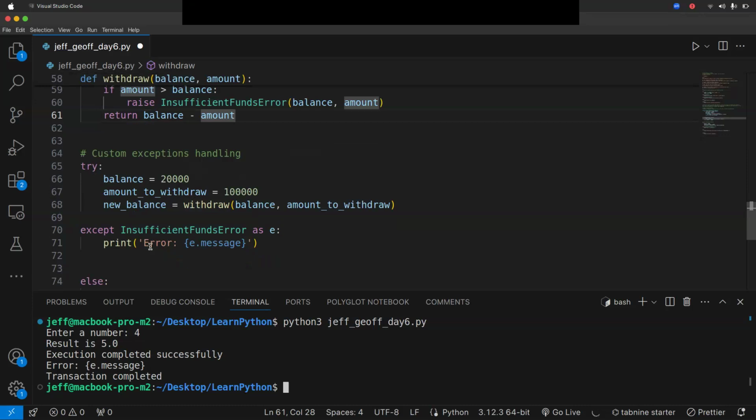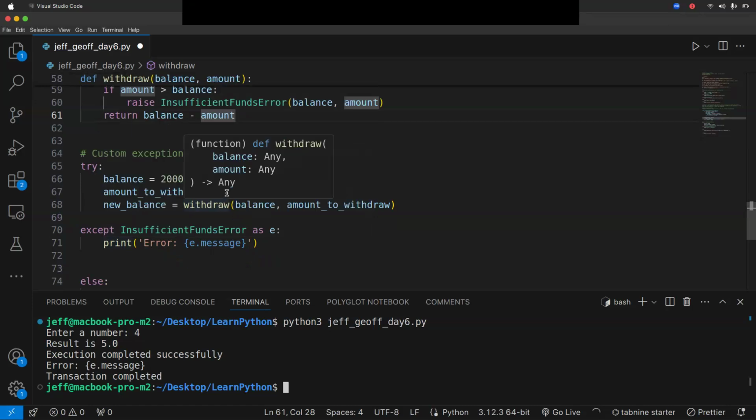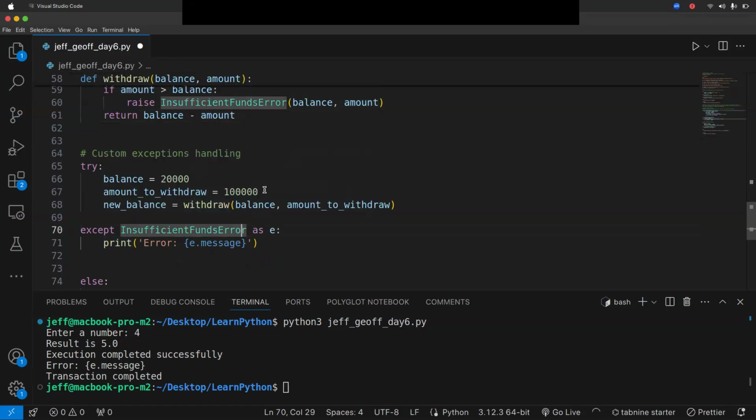Okay, so we get this error, which is because of the money which we are trying to withdraw here. Let's say we want to withdraw something which is a little bit reasonable, like 15K.